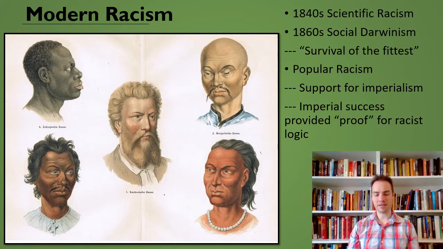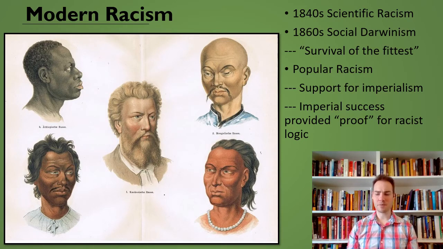So this is when you start to get things like measuring the skulls of black folks and white folks and proving that the skulls of white folks can fit in more marbles. Well, as it turns out, those tests were all bogus. Those have been recreated, and it just turned out the people who were doing them could carefully stack the marbles in the white skull to show that more would fit or something like that. These ideas start to couple with Darwinism, that idea of racial and genetic advancement. Darwin didn't believe these sorts of things, but his work was utilized and sort of repurposed to show this idea, this concept of survival of the fittest.